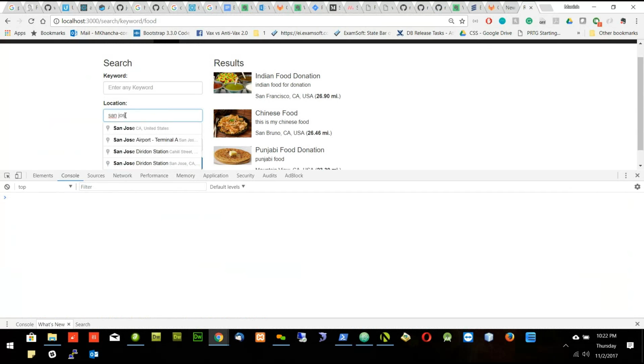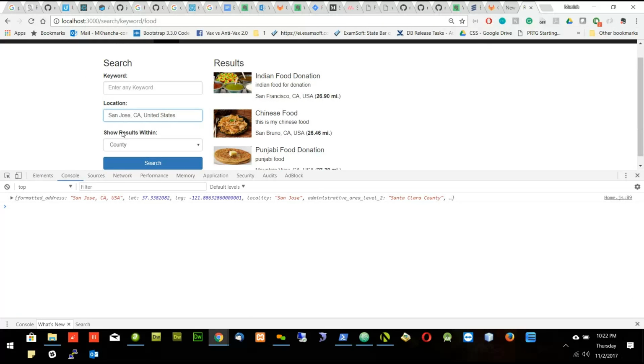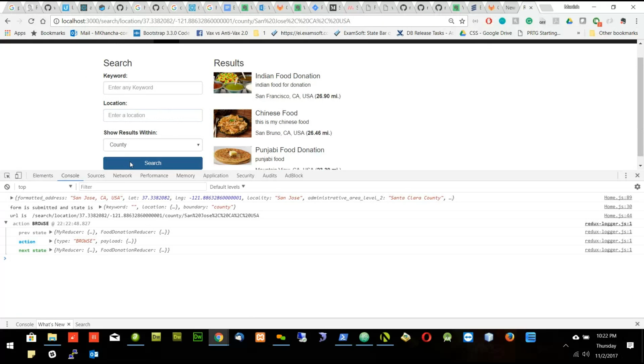Okay, let's try San Jose, and I will click search. Once I click search, you will see in the URL I have searched location, latitude, longitude, county, and San Jose, and the keyword is not there because I did not search a keyword. If I search both,